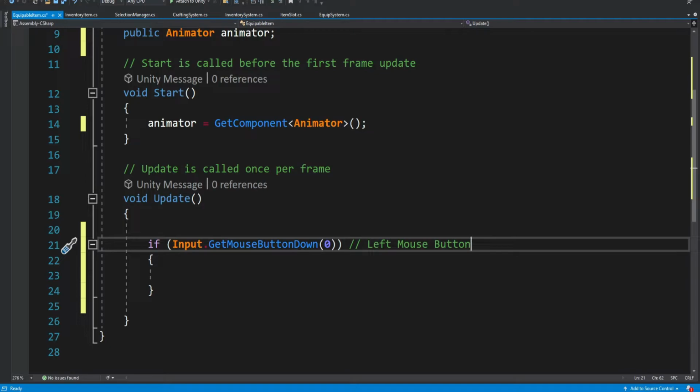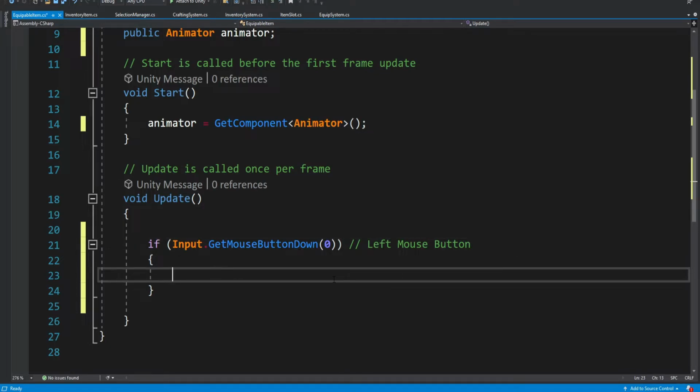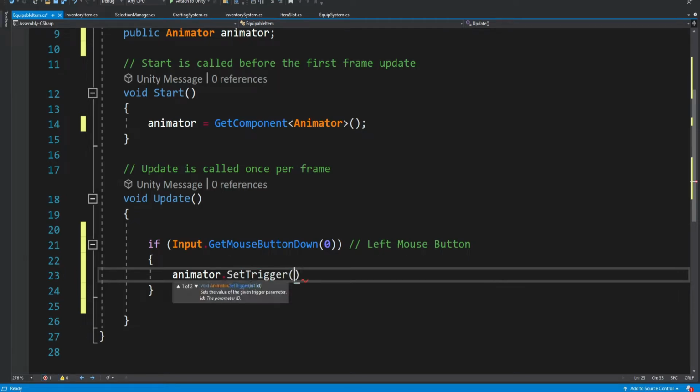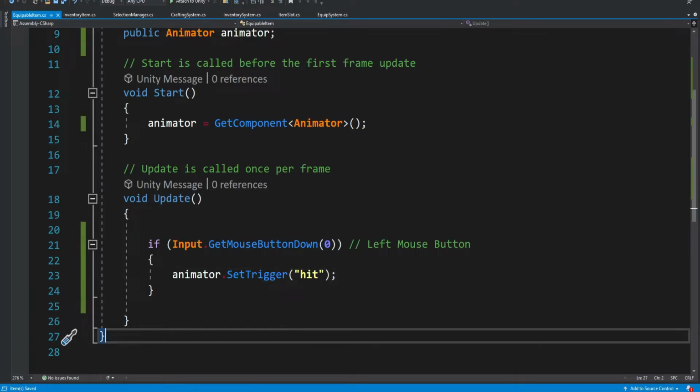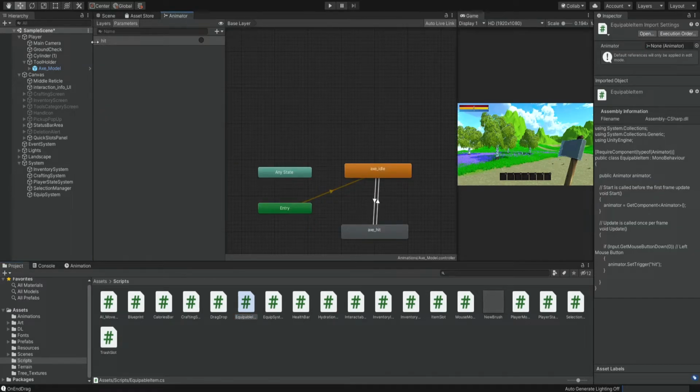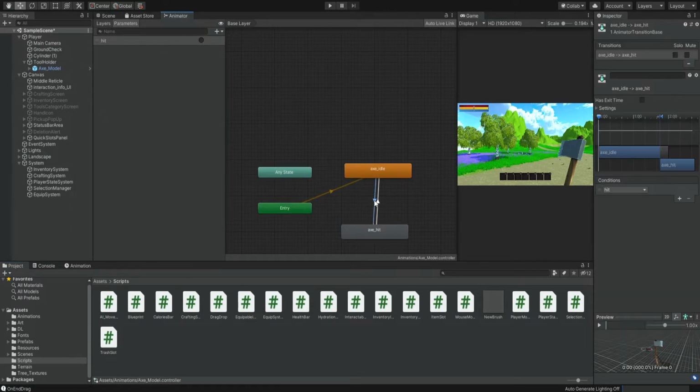So if we press on the left mouse button, it's going to use this animator component, and it's going to set a trigger. Okay? And the trigger that we want to set is hit. Because over here, we created this trigger and we said that when this hit trigger is activated, then activate this hit animation.